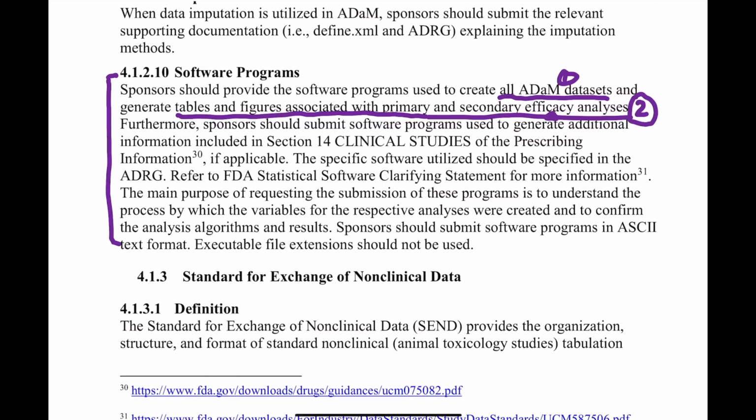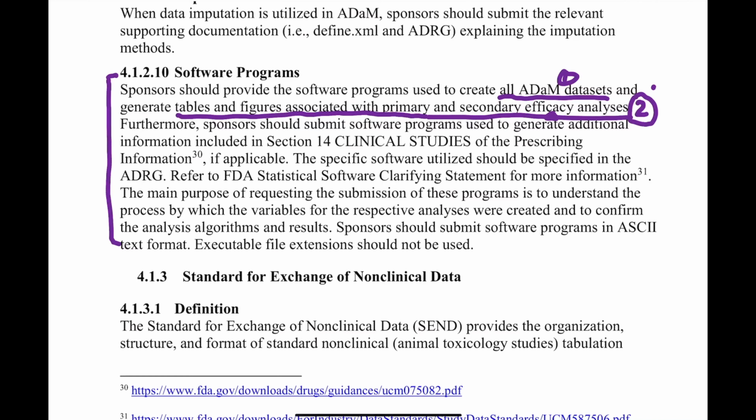But a study team, when they do the submission, has the flexibility to submit more programs. They can submit more table programs such as the demographic tables, some key AE safety tables. They can include those, no problem. So there's flexibility about what programs the study team can submit. You can submit more just in case FDA requests more programs beyond the required programs here. Okay,